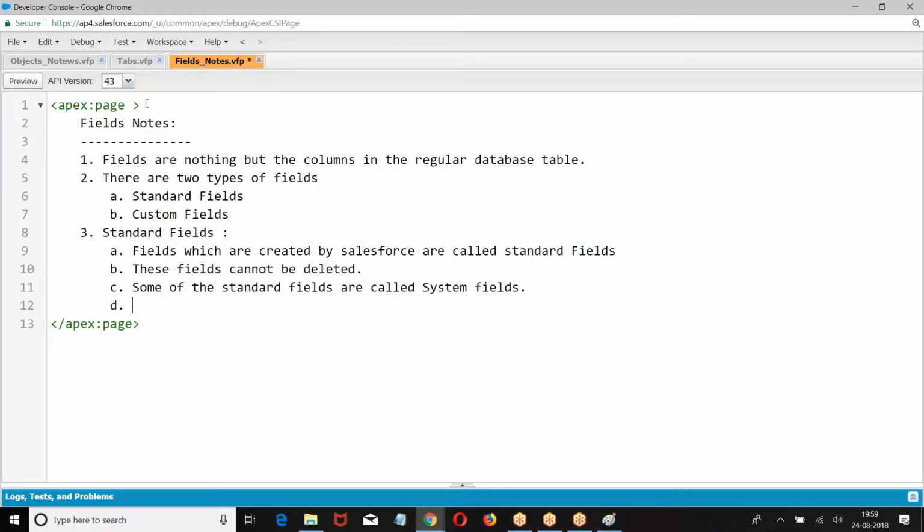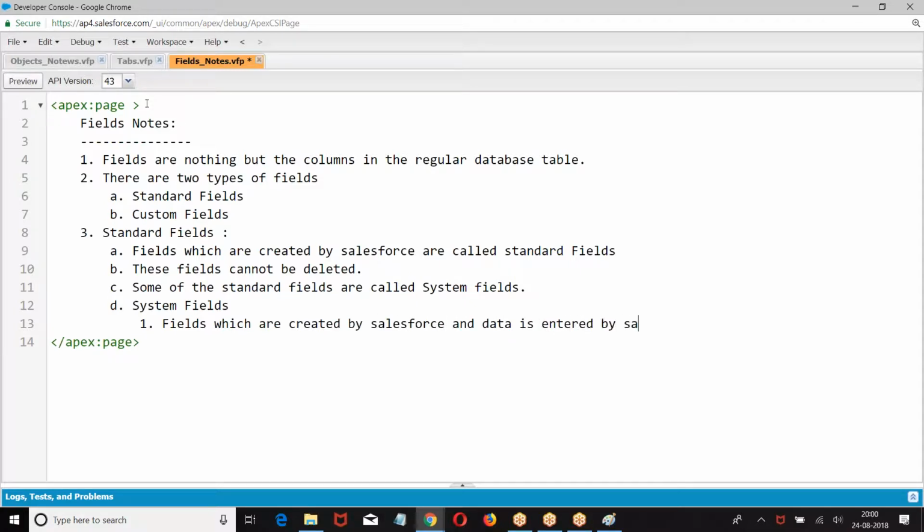So what do you mean by system fields? Fields which are created by Salesforce and data is entered by the Salesforce are called system fields.